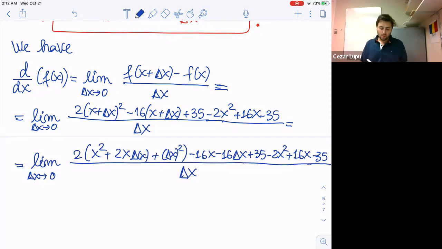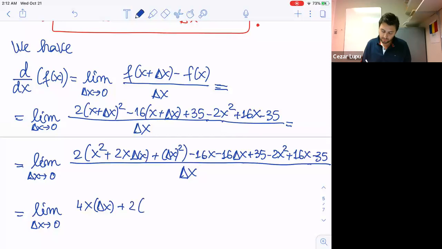As you can see, they will go away. So after some computations, this is the limit as delta x approaches 0 of, 2x squared will vanish with this. So this will be 4x times delta x, right? Plus 2 times delta x squared, minus 16 times delta x,